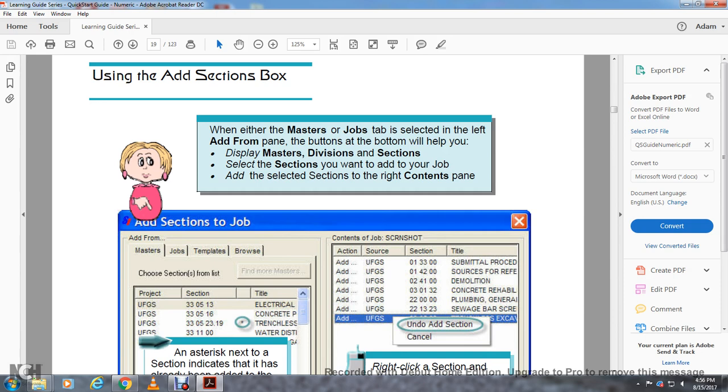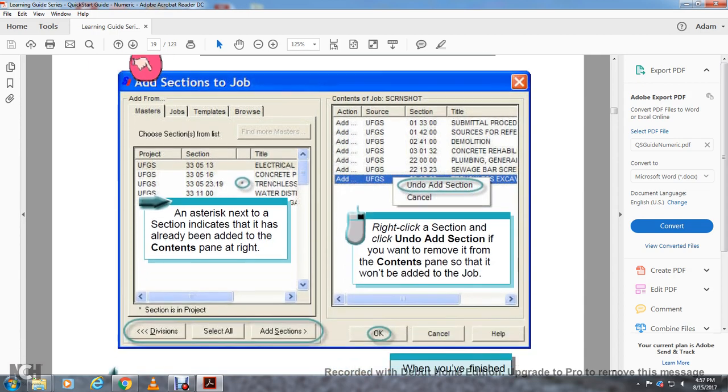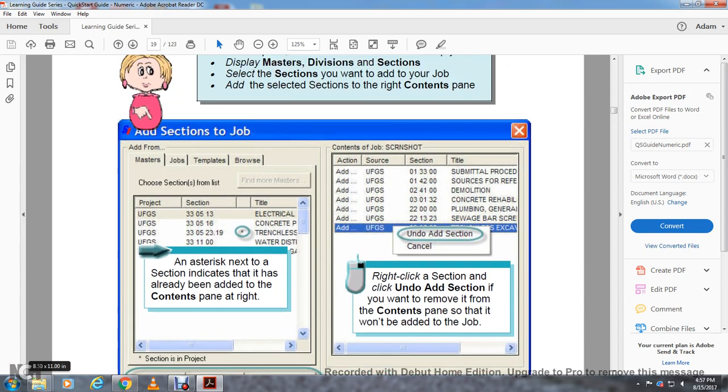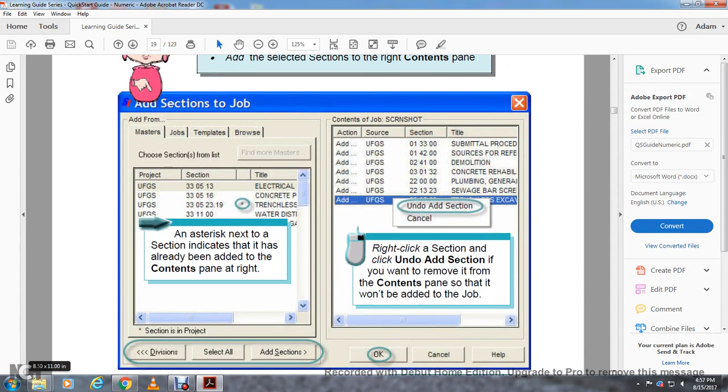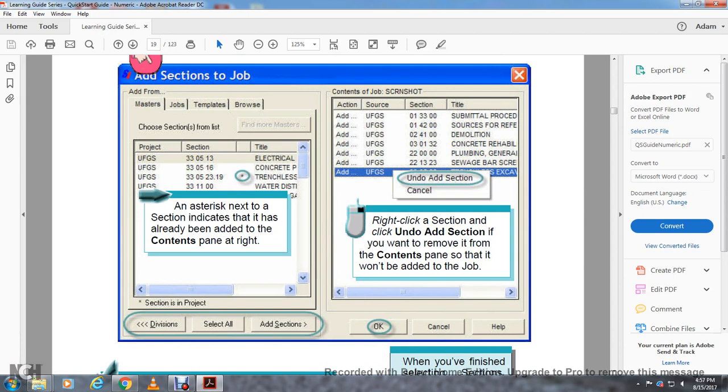Alright, select the sections you want to add to your job, and add the selected sections to the right contents pane. You have divisions, master divisions and sections. Add sections to your job. An asterisk next to a section indicates that it has already been added to the contents pane